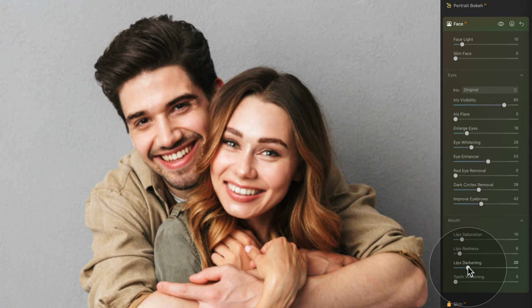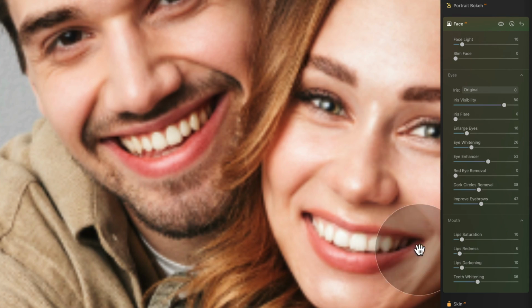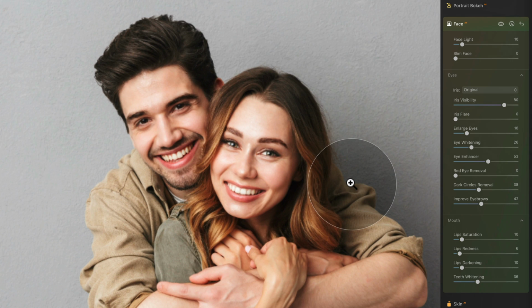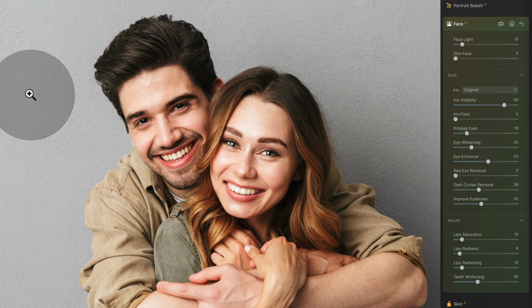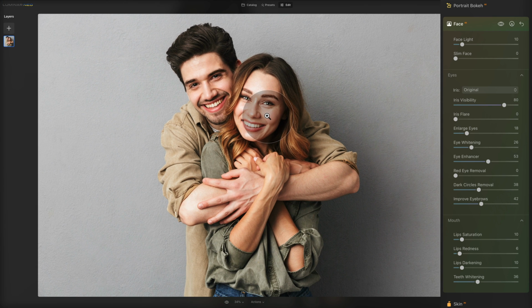Lips darkening, maybe just a little bit. And finally with the teeth, again, let's zoom in, and I would just push it a little bit. So it applies the tool and the effects to both of the faces, and I think that's what I would expect from the tool. However, if you would like to apply this tool just to one of the faces, all